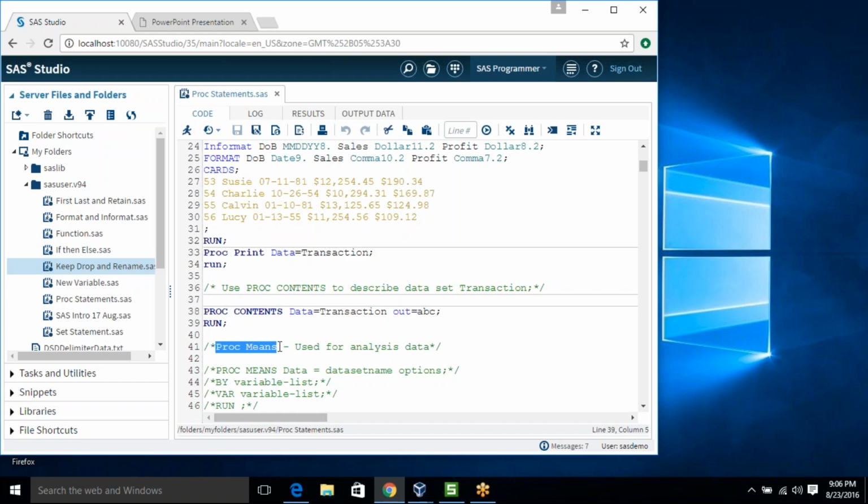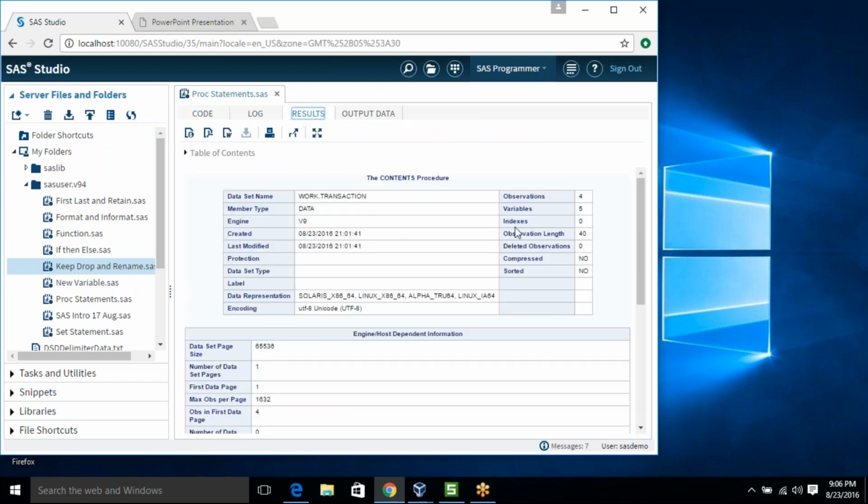When you talk about data set properties, it gives you the number of variables, the number of observations, whether your data set contains an index or not, what your observation length is, when you created it, when you last modified it, what its name is, whether it is sorted or not, and whether it is a compressed version or not.